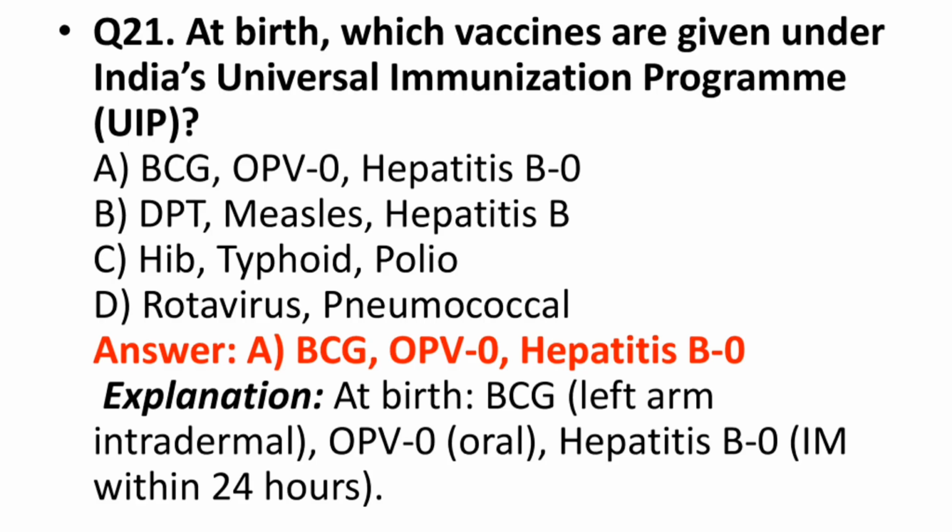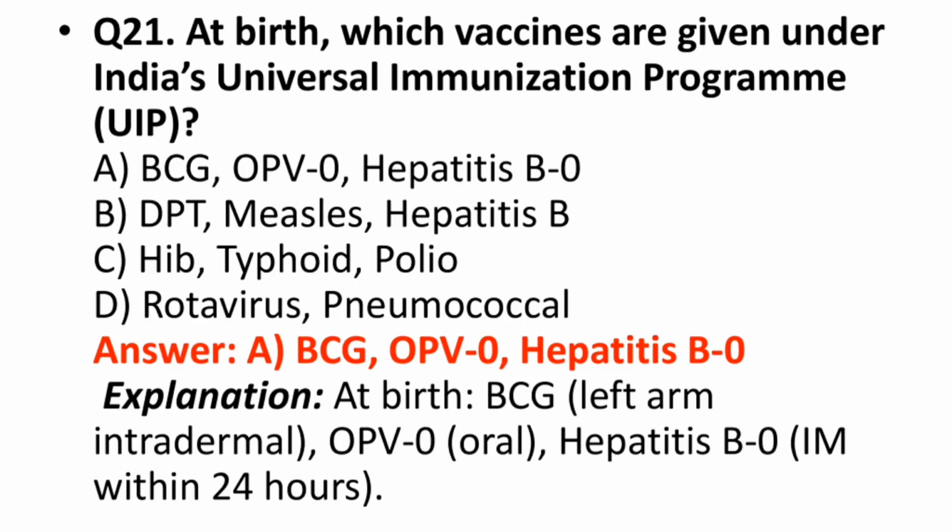At birth, which vaccines are given under India's Universal Immunization Program? Option A, BCG, oral polio vaccine, hepatitis B. Option B, DPT, measles, hepatitis B. Option C, Hib, typhoid, polio. Option D, rotavirus, pneumococcal. The correct answer is option A, BCG, OPV, hepatitis B. At birth, BCG is given in the left arm, intradermal; OPV and hepatitis B IM,